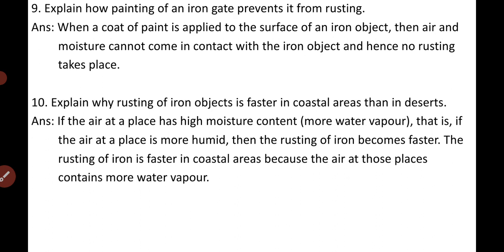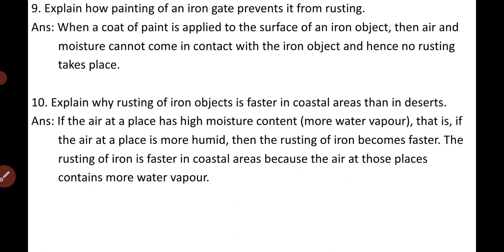Clear? Question number 10. Explain why rusting of iron objects is faster in coastal areas than in deserts. If you compare coastal areas and deserts, deserts are dry, and coastal areas contain water. That means the seaside areas have a large amount of water vapor in the atmosphere. If the air at a place has high moisture content, or more water vapor,